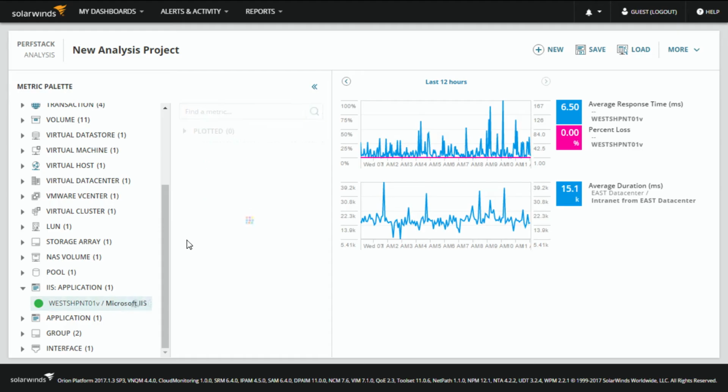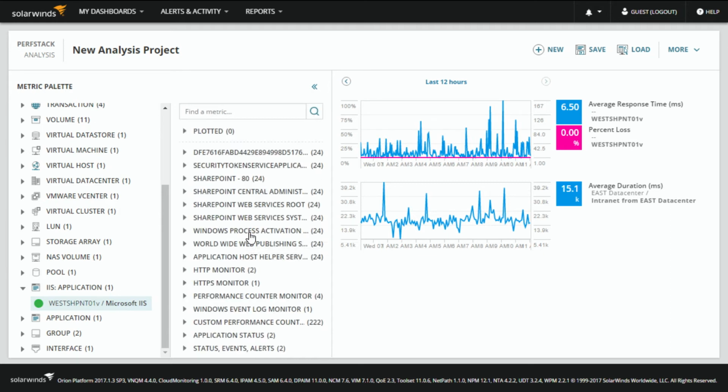So if I dig into the application, I can start to understand all the metrics that are in here, and we've got a lot. And that's kind of important, right? To be able to collect as much information as you can about the application so you can start to dig in and see where a potential problem exists. Is it the actual application, the performance of the application itself, or is there an issue somewhere else within the infrastructure stack? The application itself could be running perfectly fine, but if there's an underlying LUN or an array or something that's going wrong out there, then that can actually be increasing the response time, but the application itself, such as IIS, is running and functioning correctly.